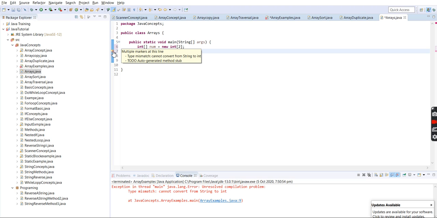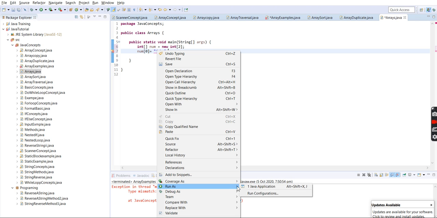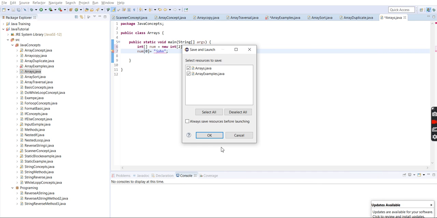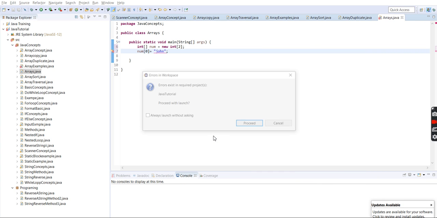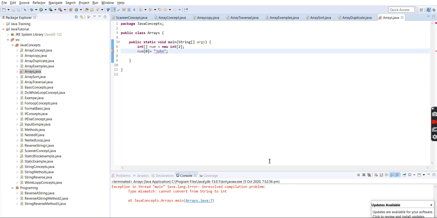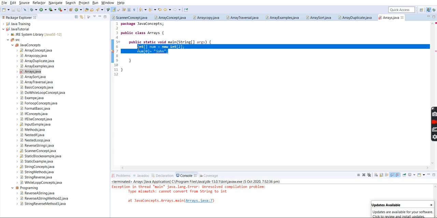We'll run and see. It's giving me a compilation error, we cannot convert from string to integer. So we'll see the other example.